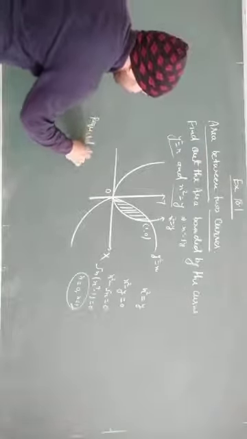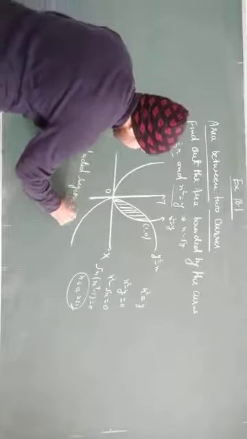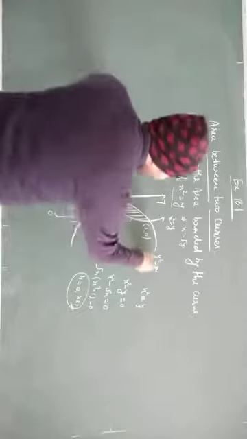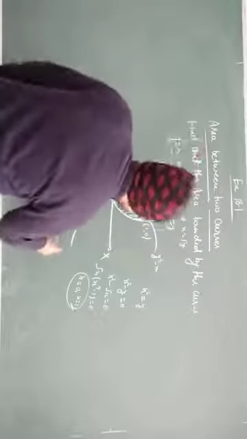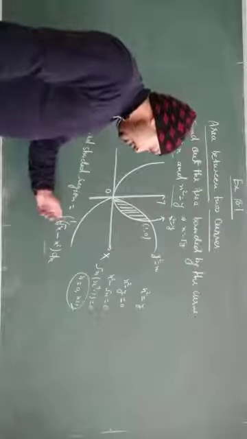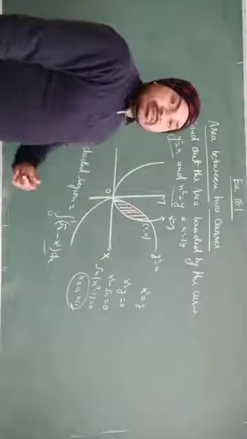Required sided region: integration over a to b, 0 to 1, and the upper curve is y square is equal to x, that is root x, minus the lower curve, that is x square is equal to y, so x square, dx. And by getting the limit points and solving, we get the required area of this sided region.